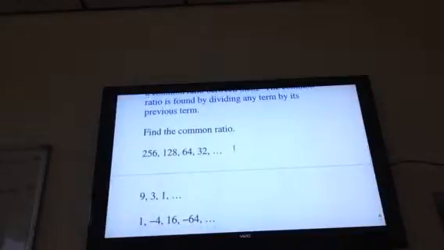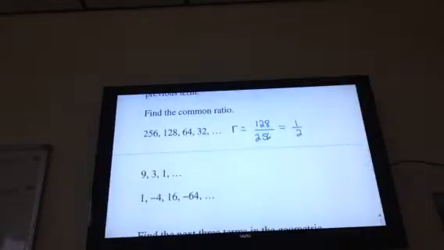So my ratio for this one, my R, is the second term divided by the first term, or the third divided by the second, whatever you want to pick. And you punch that in your calculator, you're going to get 0.5, but make it a fraction. 1/2. So my common ratio is 1/2. In my second example, my ratio is any term, I take the second one, divided by the previous term,